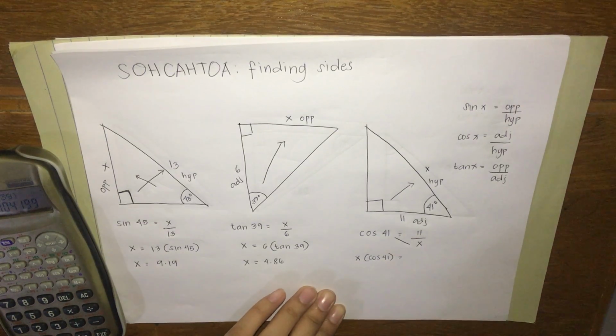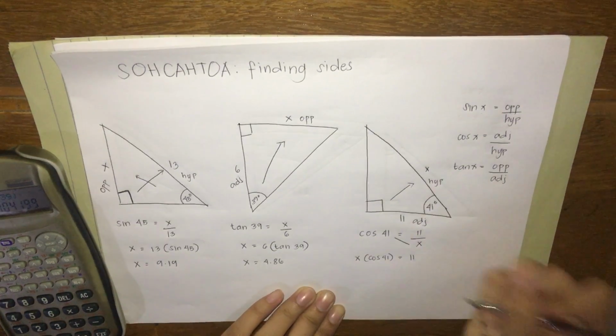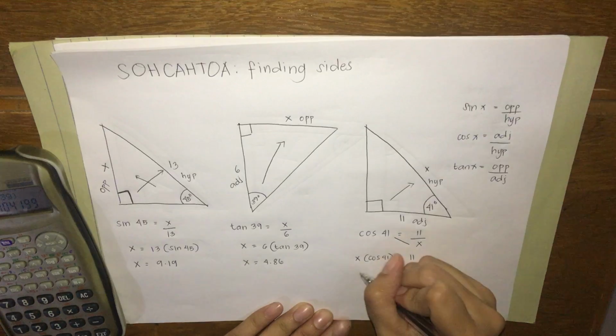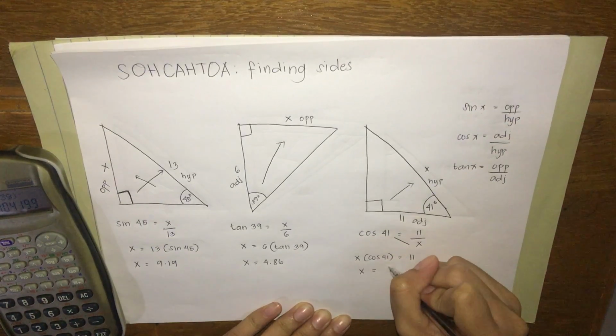So 11 times 1 is 11. That's the first step. Now the second step is we're going to rearrange it again to find the value of x. So x is equal to 11